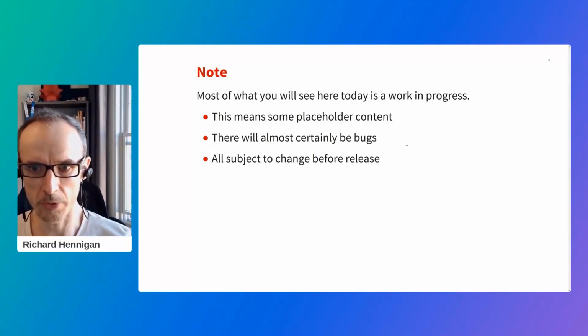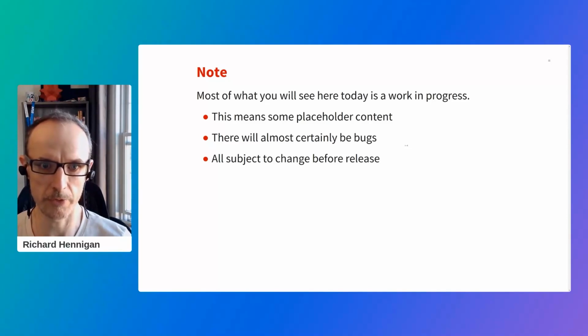There's going to be some placeholder content like UI graphic stuff. There's definitely going to be bugs. And any of it is subject to change before release. So just because you see something a certain way with what I'm showing here today doesn't mean it'll be exactly that way when it's released. Okay, so